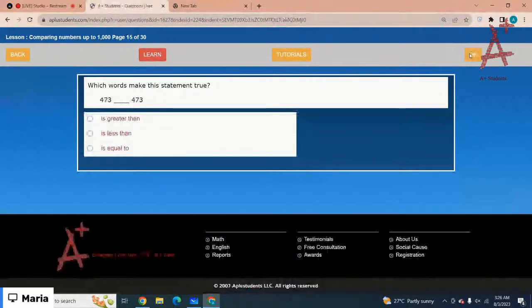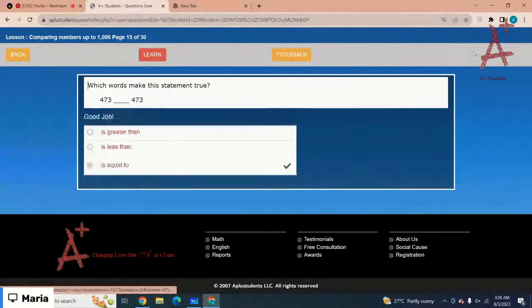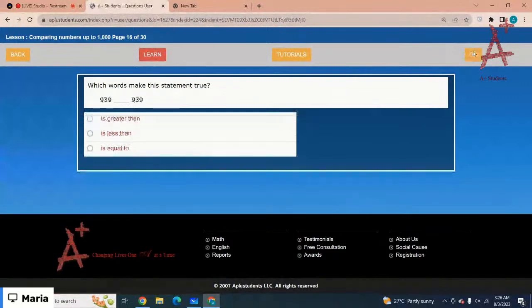Which words make the statement true? Yes, they both are exactly equal, right? Okay, you can complete the test by yourself later today. Let me just move on to the next lesson. And the next lesson is